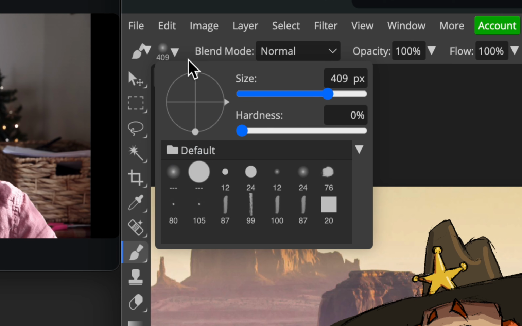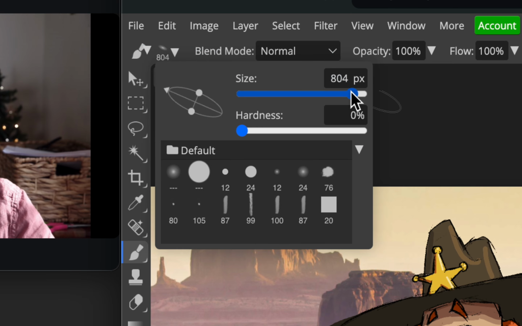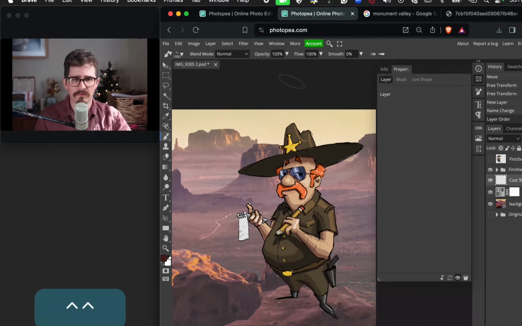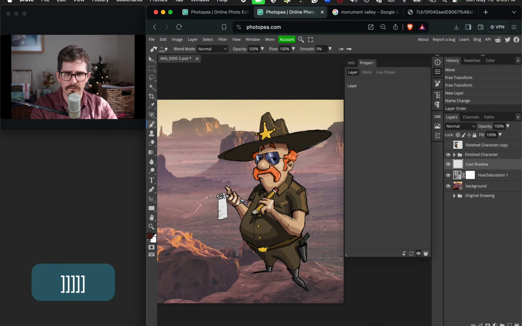And then we also have this set of options right here. I can actually turn the direction of the brush, and also with kind of those two anchor points or nodes, I can go from a circle to kind of a more oval shape. If I want to make this brush real large, let me zoom back out. Usually what I'll do,